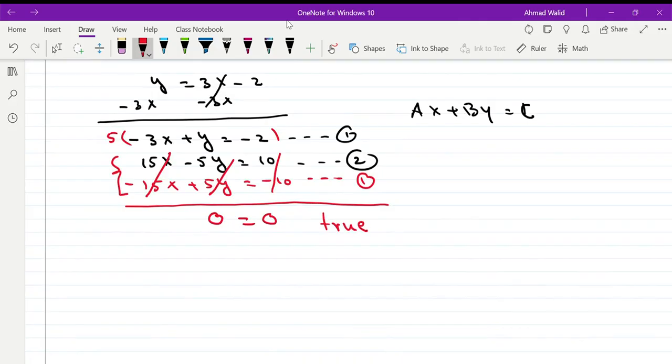You end up with a true statement. Then the answer for this system of linear equations is all real numbers. All real numbers. It means any number that you choose for x and any number that you choose for y, if you plug into both equations, those two numbers will satisfy both equations at the same time. Correct? Now, after this example,